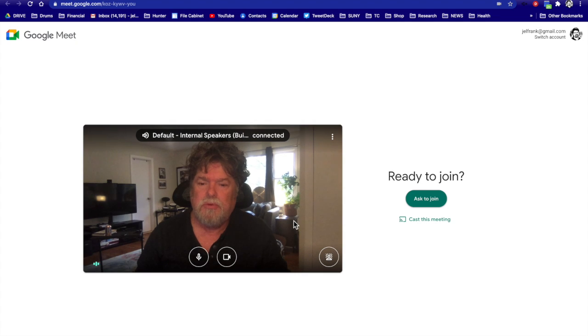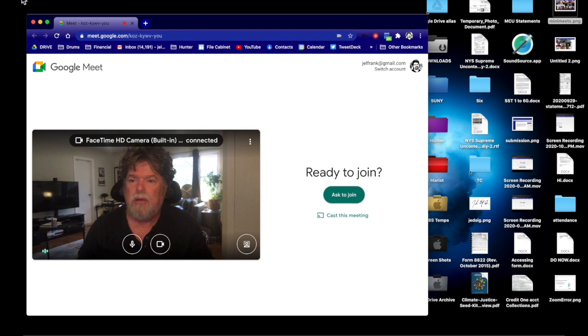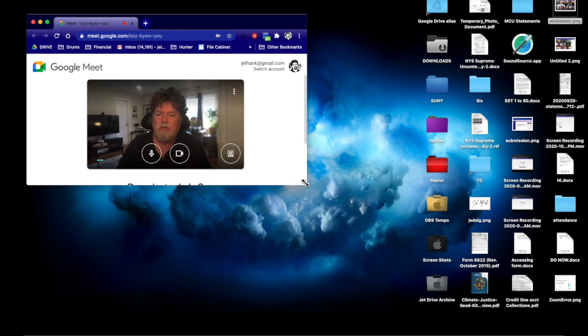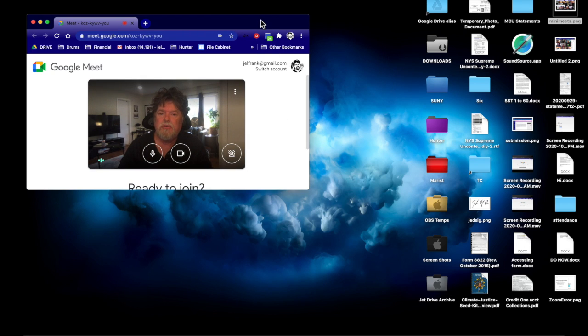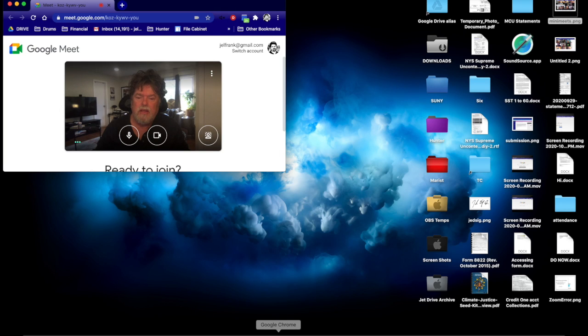And then, of course, what you'll do is you'll minimize that window because you want to arrange your three meets on your screen so you have room, 3 or 4 meets. You'll see you'll have them tiled